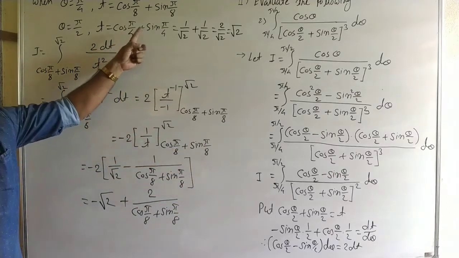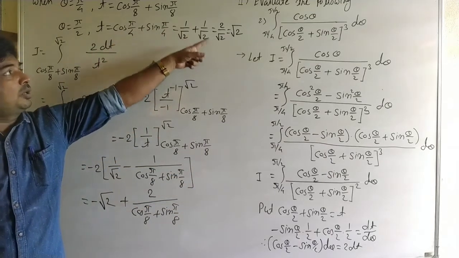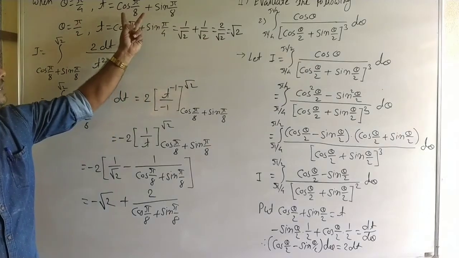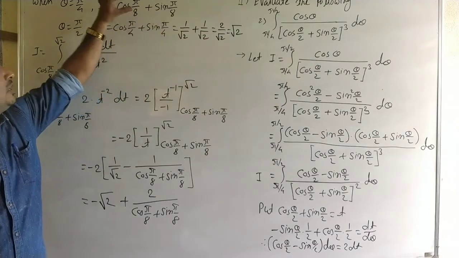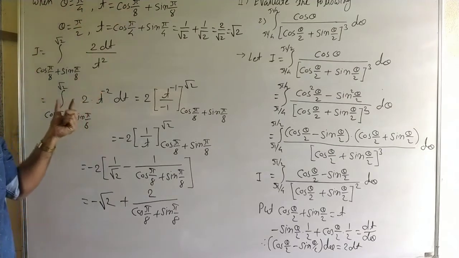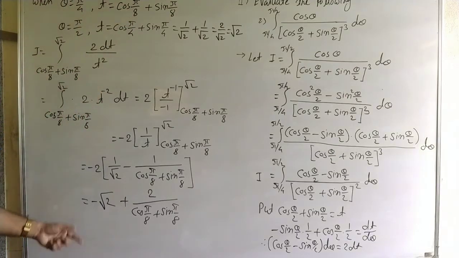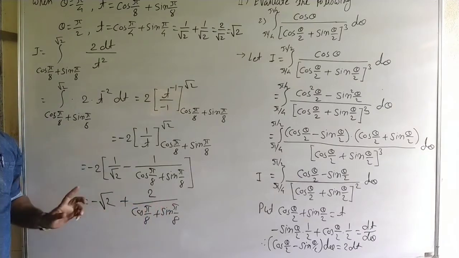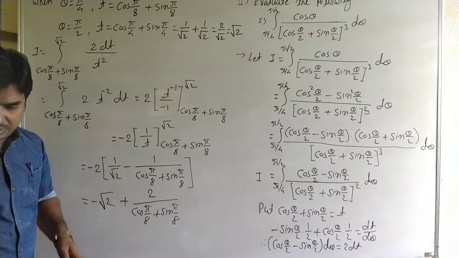It is cos pi by 4 plus sin pi by 4, 1 by root 2 plus 1 by root 2, it is the value of root 2, and here it is cos pi by 8 and sin pi by 8, so the angle is pi by 8, so you can take it as it is, cos pi by 8 plus sin pi by 8, and it is the last answer. Okay, now next,